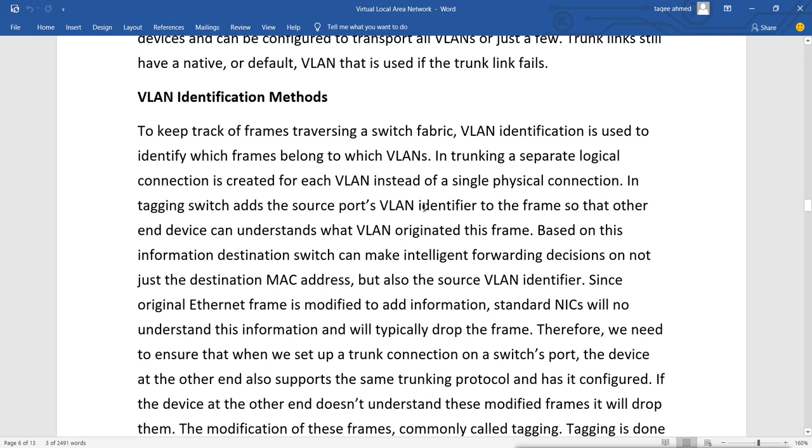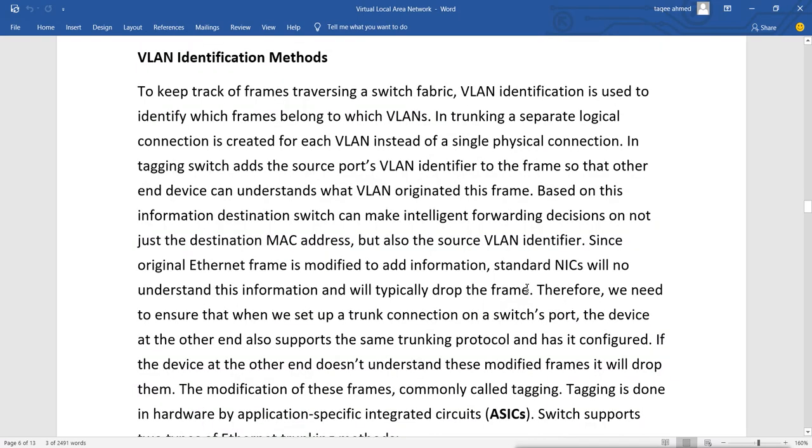In tagging, the switch adds the source port's VLAN identifier to the frame so that the other end device can understand which VLAN originated this frame. Based on this information, the destination switch can make an intelligent forwarding decision based not just on the destination MAC address but also on the source VLAN identifier.